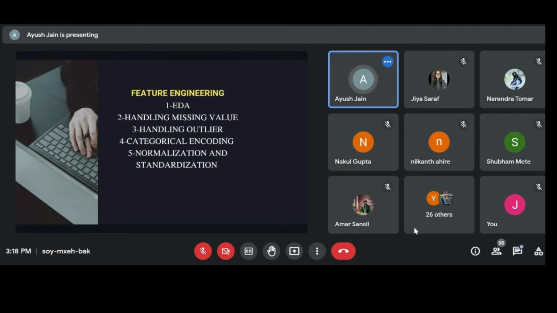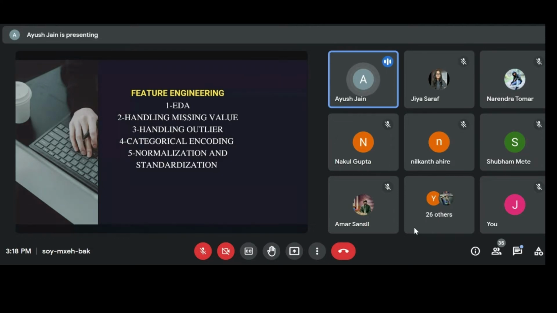Now the third step in the machine learning roadmap is feature engineering. Feature engineering includes EDA, exploratory data analysis. You have to analyze all the data. Now the data you are receiving might contain missing values, outliers, NaN values, null values, and the data is not accurate.